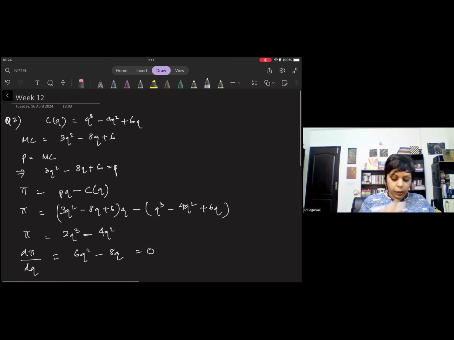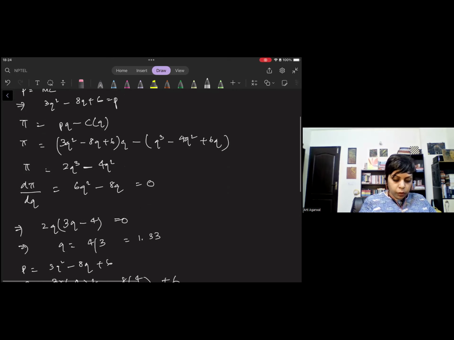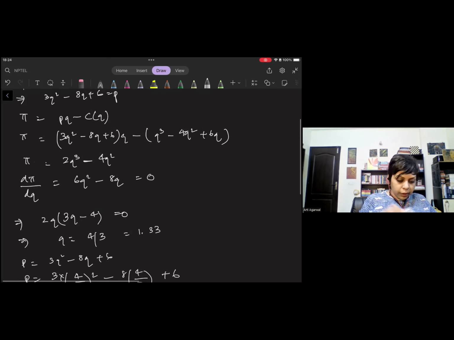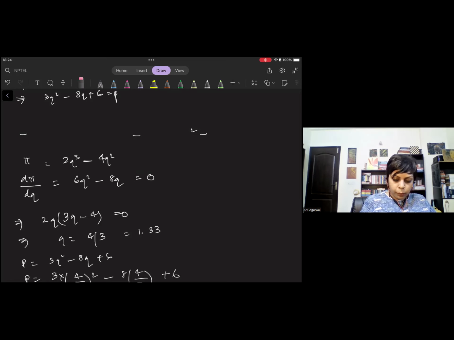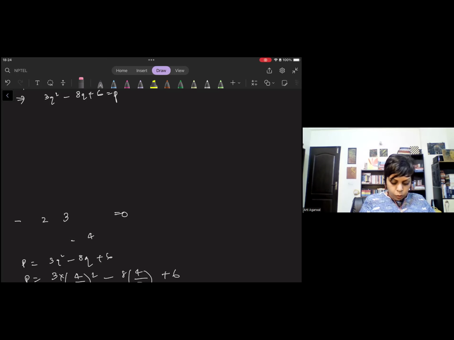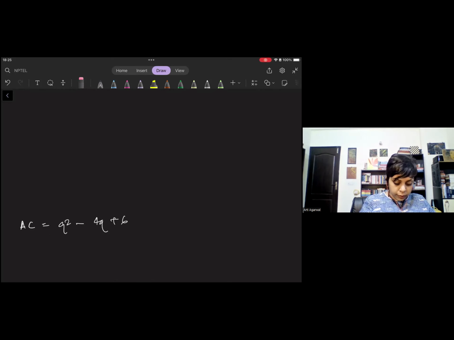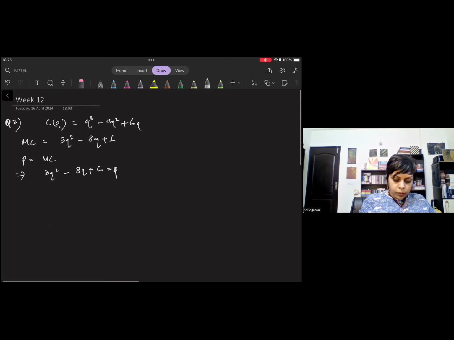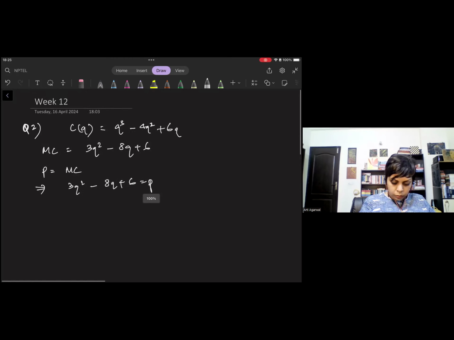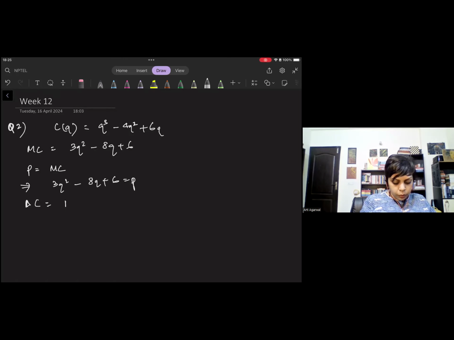What I have solved, price is equal to marginal cost, but somehow I have probably made a mistake somewhere, which is why we are not getting the proper answer. So I'm erasing this for now. If I find my mistake, I will post the correct solution with the correction again. But just to avoid confusing everybody, I'm erasing this for now. I have made some error somewhere, but I can't immediately see it right now. So let's do it this way, the way you are saying. Average cost will be equal to marginal cost, and average cost is q square minus 4q plus 6.